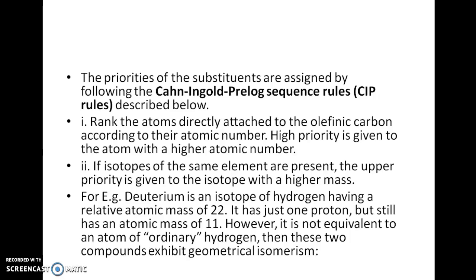Rank the atoms attached directly to the olefinic carbon, that is the carbon containing the double bond, according to atomic number. Higher priority is given to the atom with higher atomic number. If isotopes of the same element are present, higher priority is given to the isotope with higher mass. Say for example, deuterium is an isotope of hydrogen having atomic mass 2. It has just one proton, but still its atomic mass is 2. However, it is not equivalent to ordinary hydrogen. Then these two compounds exhibit different